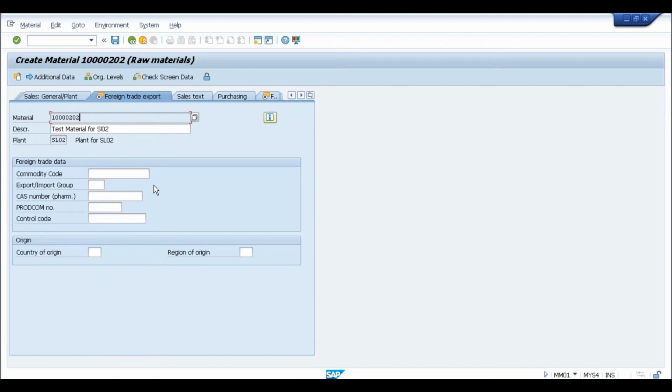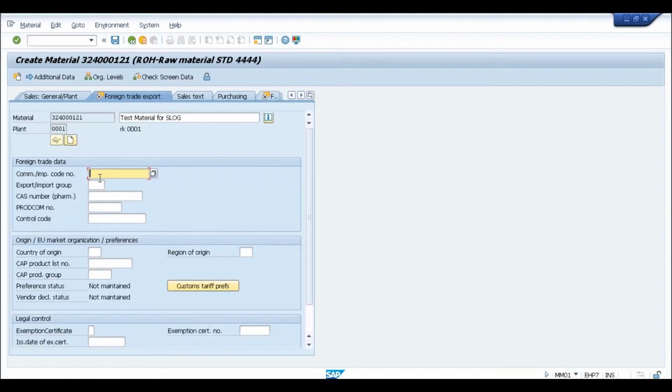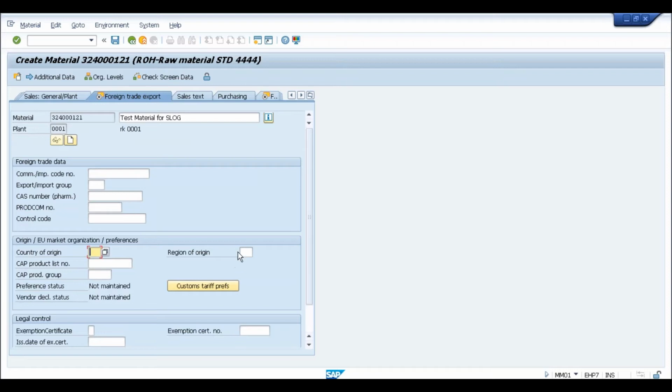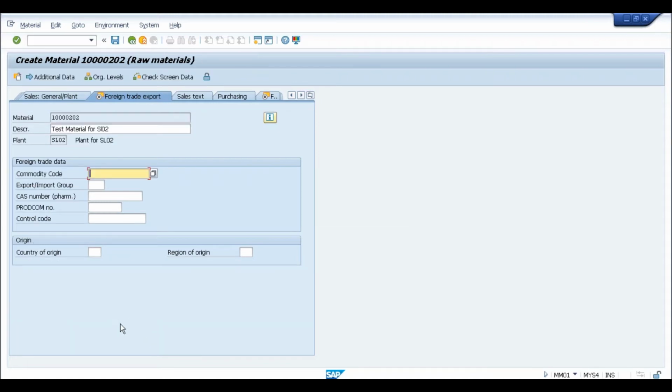So this is my material master in SAP S4. This foreign trade data, whatever I was getting here, you can see all these things are available as is. But out of these three options, you can see only origin is available, only these two fields: country of origin and region of origin. All the rest have now shifted to GTS, even the legal control. This is true for sales as well as purchase, MM as well as SD. Even in the foreign trade import, you'll find that all those things are not available.